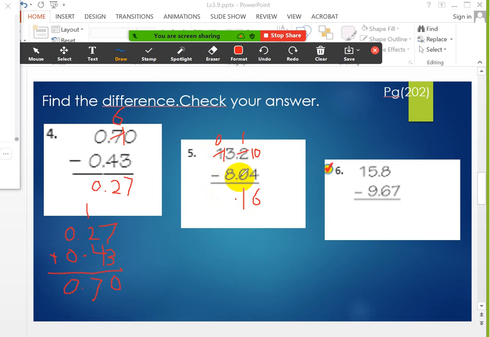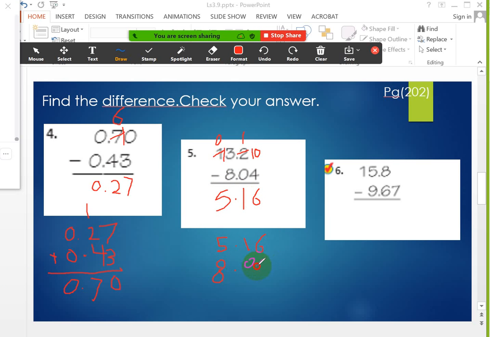5. Excellent. It will be 5. So thank you so much. 5.16. Thank you so much. Don't forget to say 16 hundredths. Now, if you want to check your answer is correct, you have to add 5.16 to the smaller number